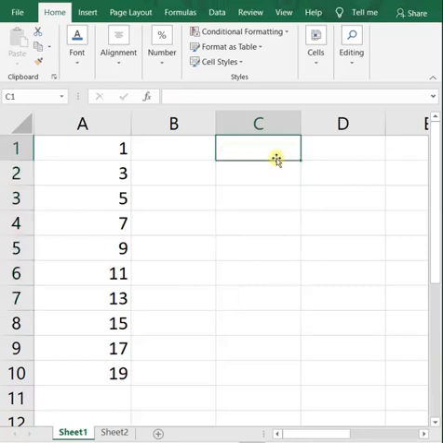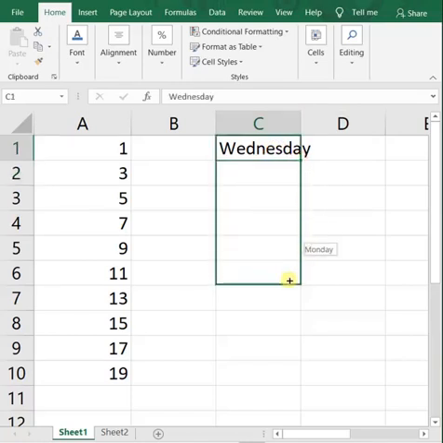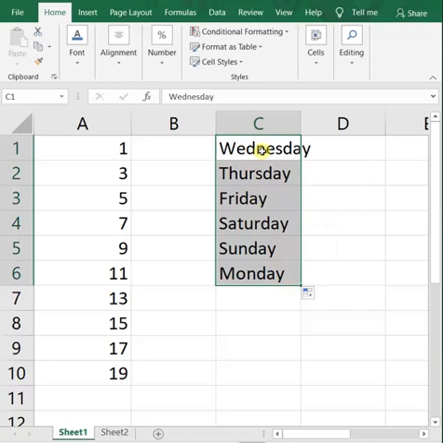Now suppose you want the days to begin from Wednesday. Then click and drag it. See, so the starting day is Wednesday. Excel will automatically take the next day after Wednesday, that is Thursday.